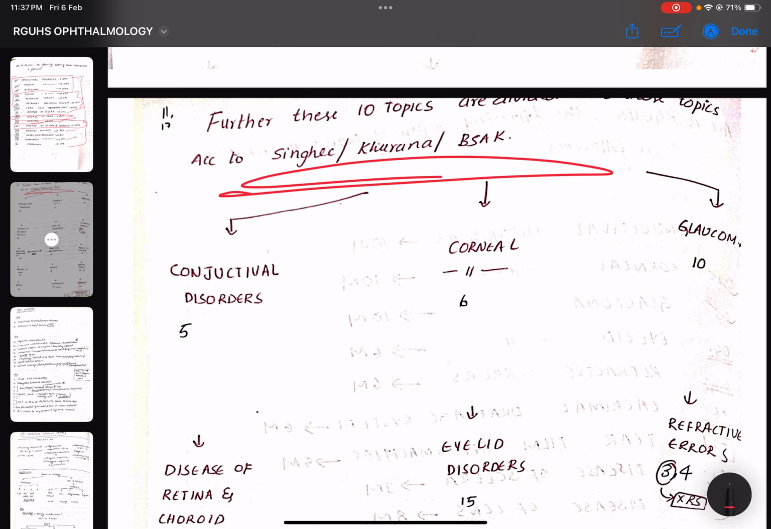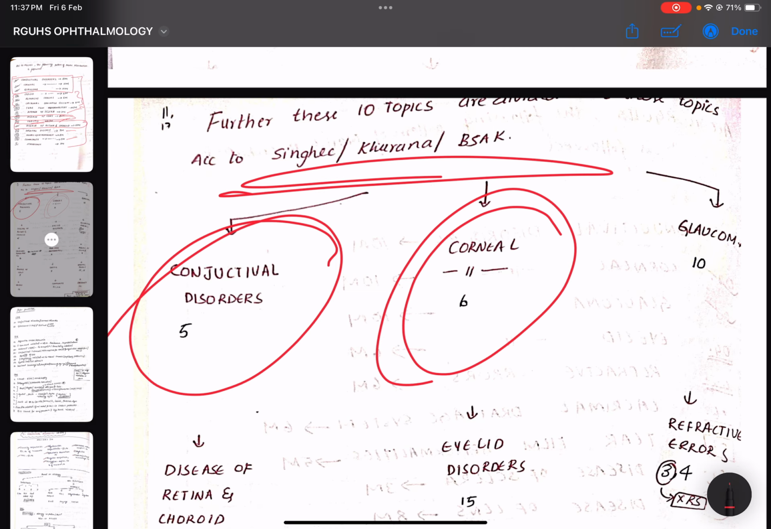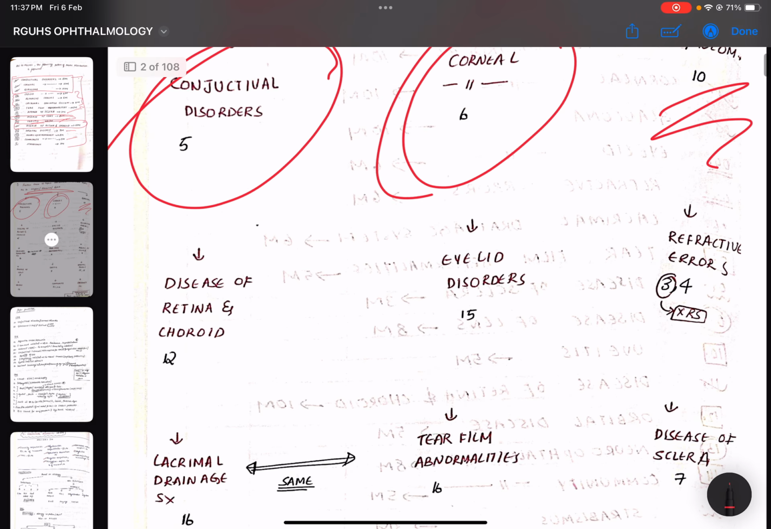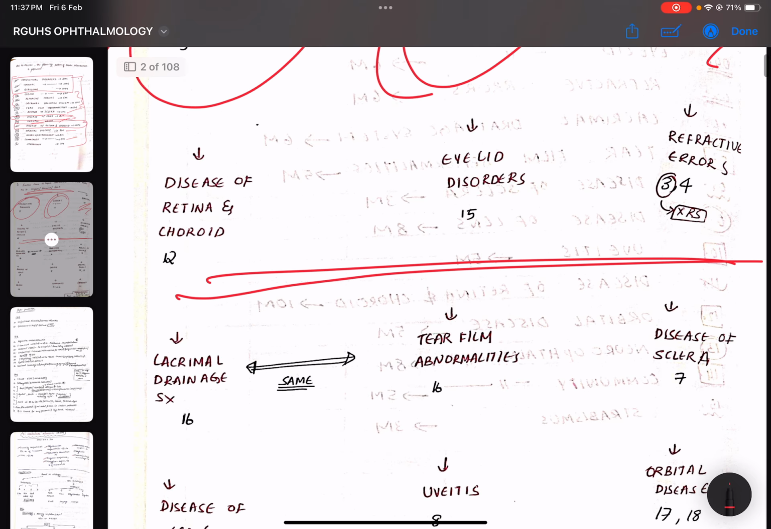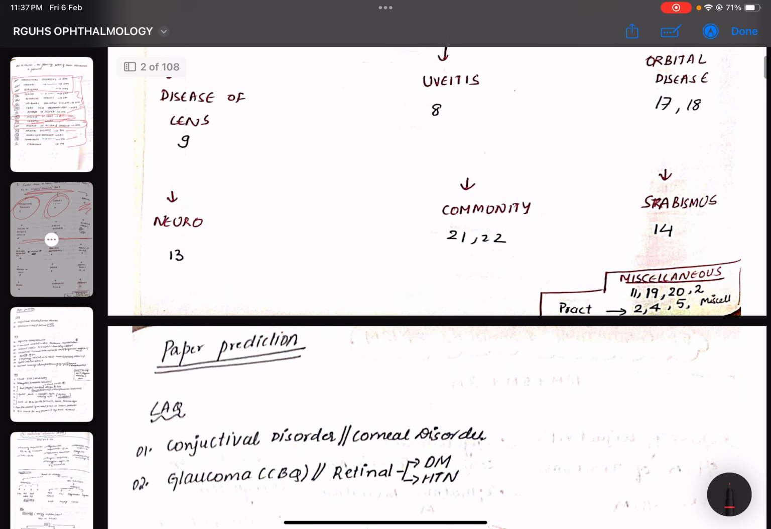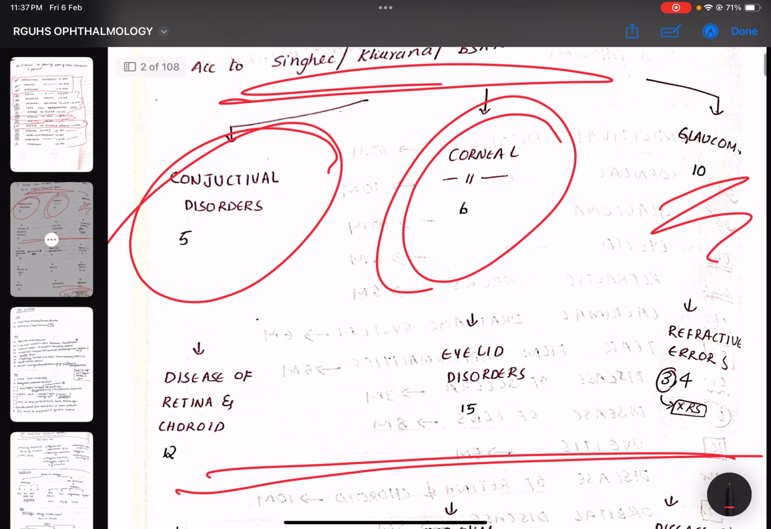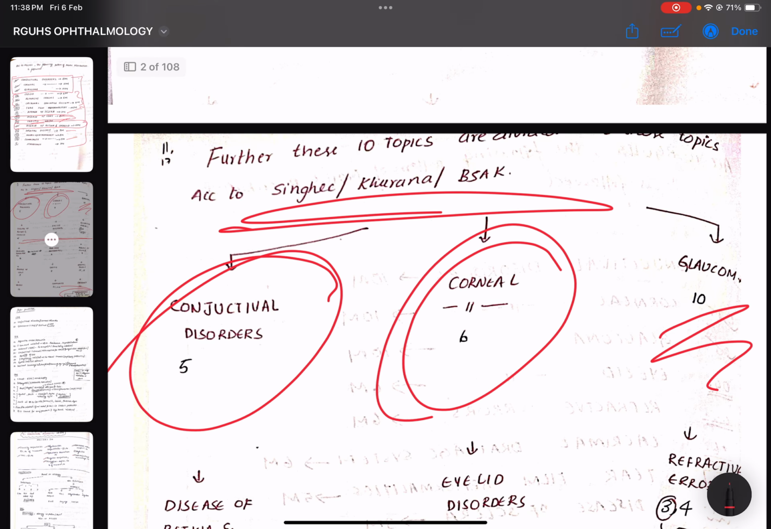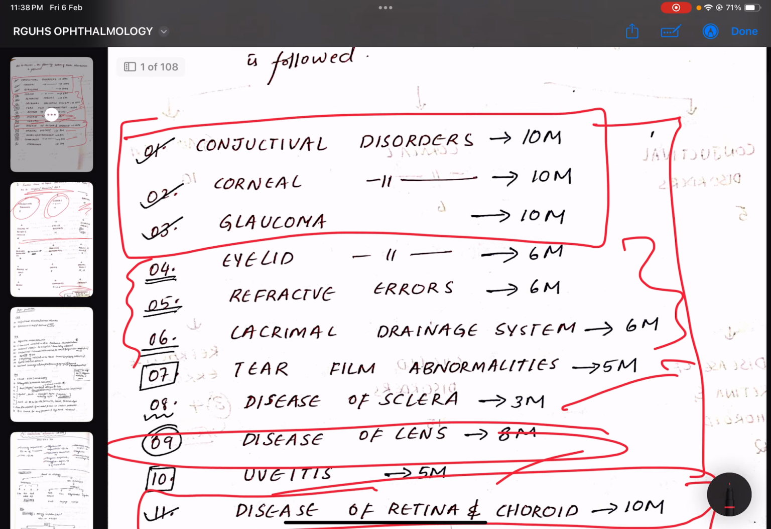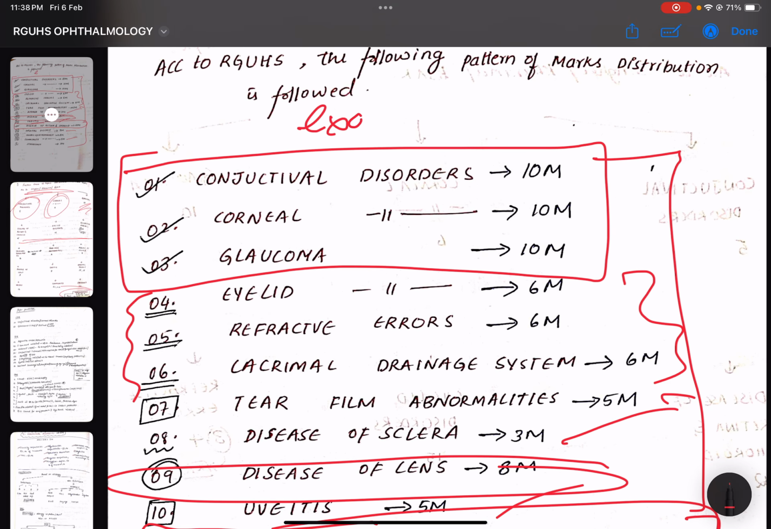Under Singhi, conjunctival disorders fall under the 5th chapter, corneal under the 6th, and glaucoma falls under 10. This is how the remaining things go. I have classified the remaining part under miscellaneous. So this is how the Singhi classification is according to the RGUHS pattern which they have given. This is the exam pattern and marks weightage